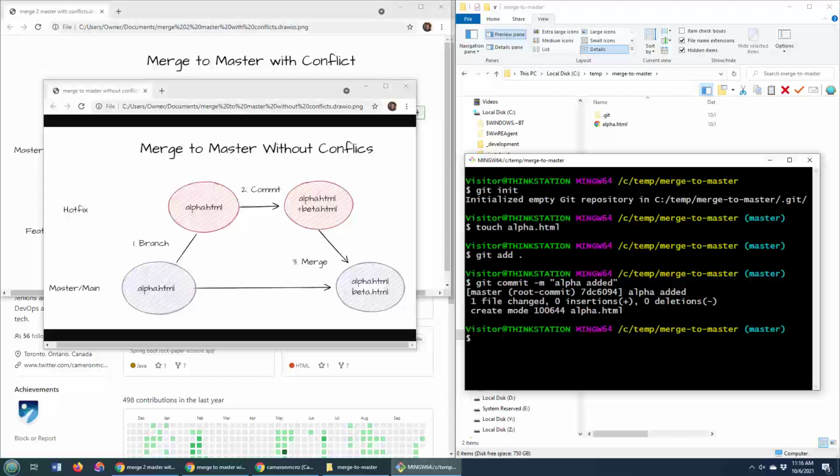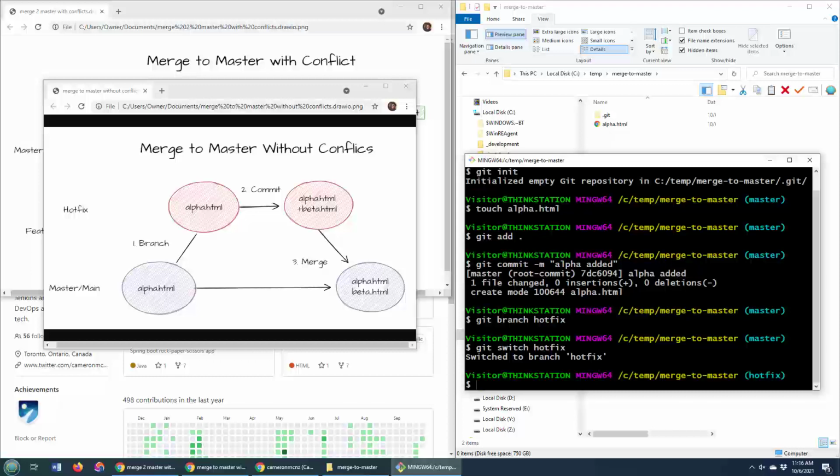Now, let's create a new branch. I'm going to create the Hotfix branch, and to do that, you just say git branch Hotfix. This creates a new branch called Hotfix, and if I want to move to this Hotfix branch, I just do git switch Hotfix. Now, I'm on the Hotfix branch, and you can see on this diagram it says on the Hotfix branch we